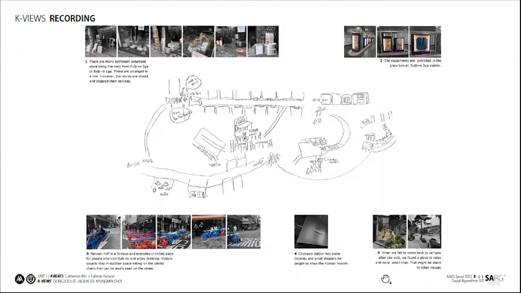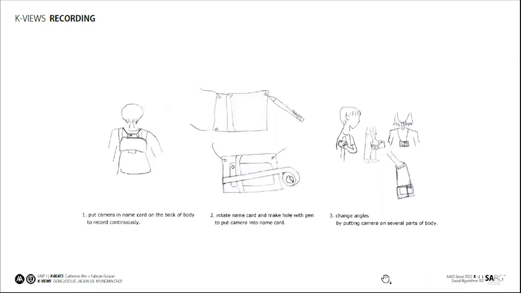Lastly, I will show the process of what we made as a device to record. First, we put the camera in a name card on the body to record continuously. Second, we rotated the name card and made a whole web hand to put the camera into the name card. Third, we changed angles by putting the camera on several parts of the body. Next turn will be taking